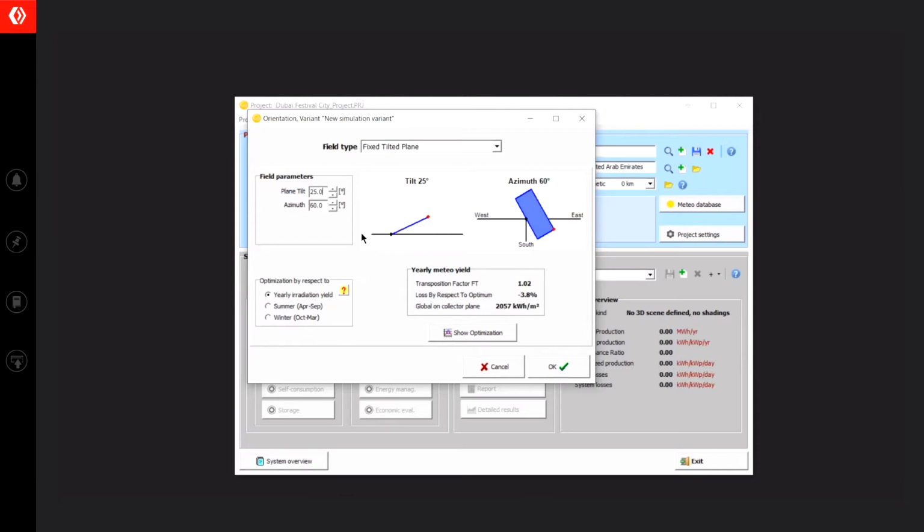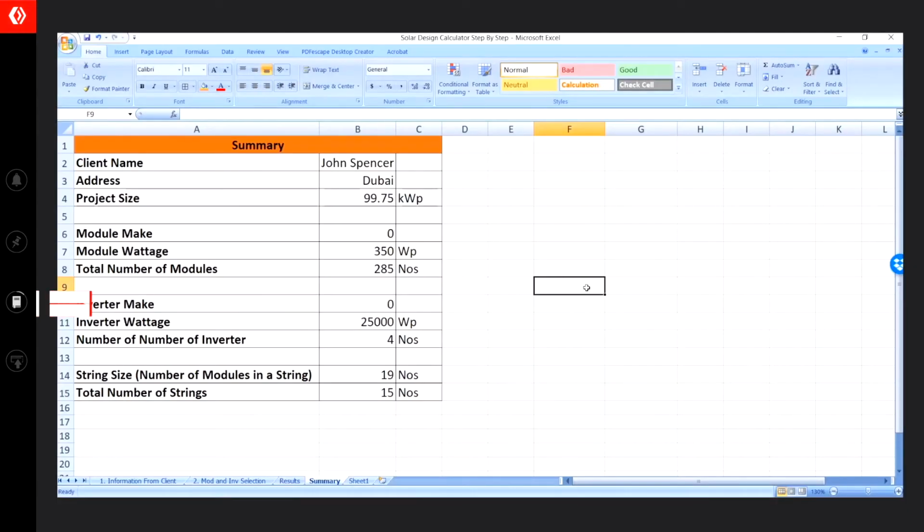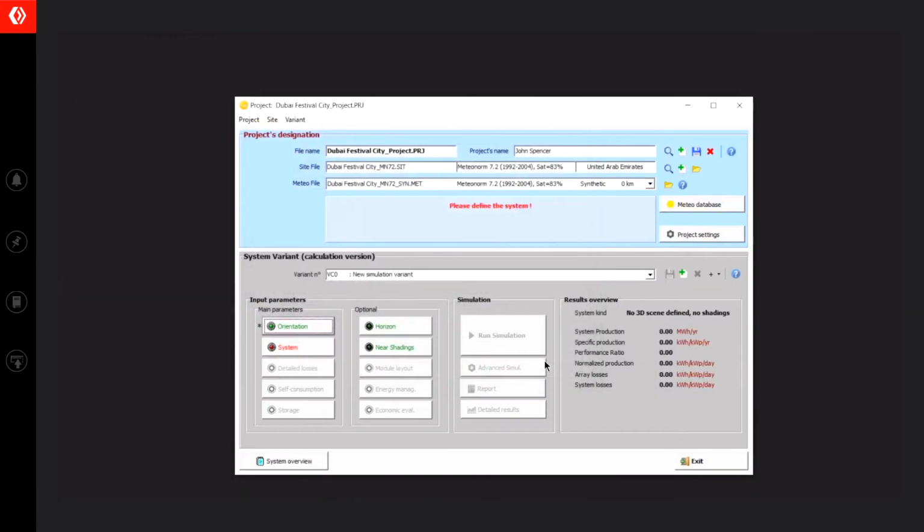To specify the details of our project, we need to recollect the system that we have designed for John, which is present here. From the system that we have designed for John, we know that it's a 99.75 kilowatt project with a 350 watt peak module, 285 number of modules, and 4 inverters of 25 kilowatts. To specify this information in PVSys,